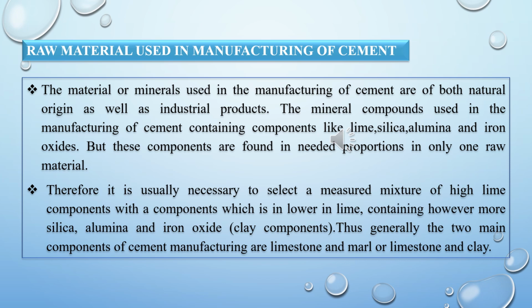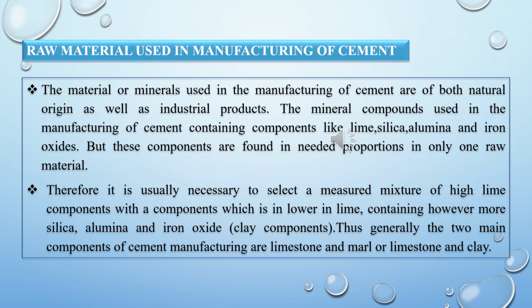I repeat the first point again. He said that there are two types of raw materials, natural and then the synthetic or industrial product. He said that the minerals include the ingredients or the components like lime, silica, alumina, and iron oxide. And then he said that all of these ingredients or components are necessary in the needed amount. So in the second point, he said that